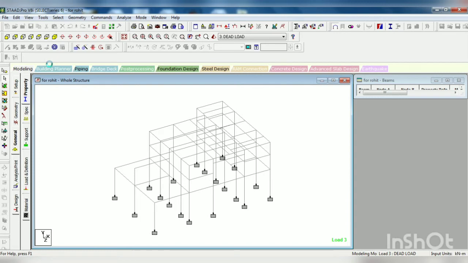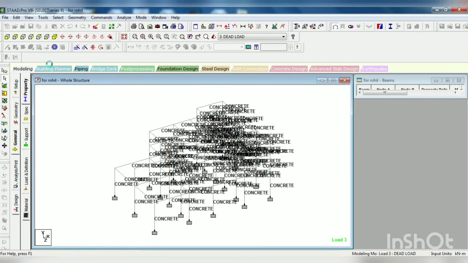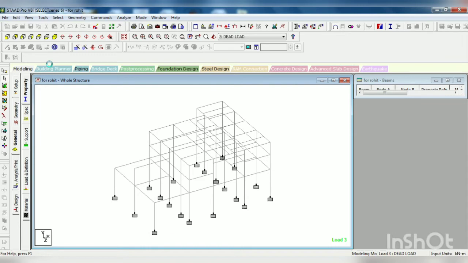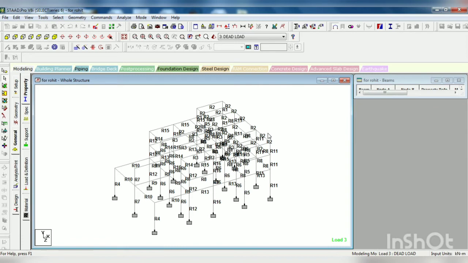Now we have just seen the property assigned. Now you can press Shift M for material assign. Here concrete is the material assigned, so press Shift M again. Now our next is the property reference number: if you press Shift J you can see the number of the properties.